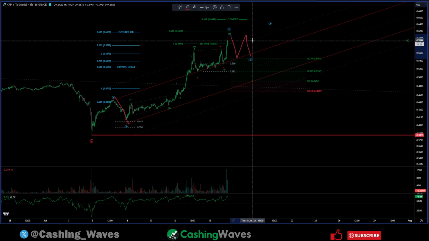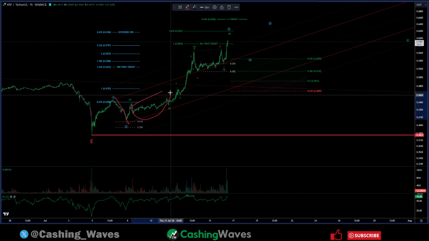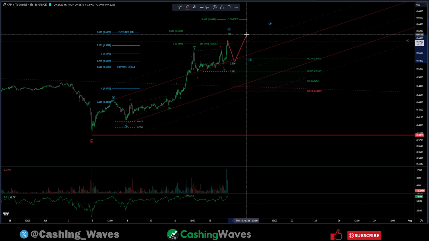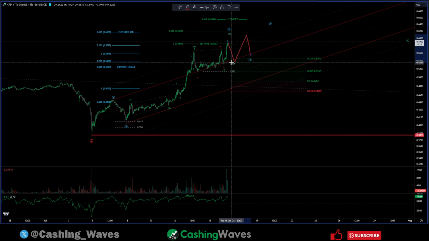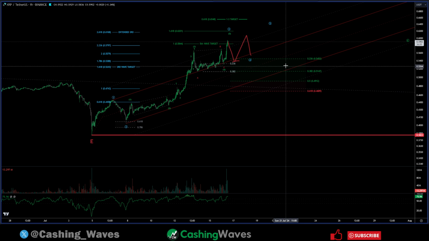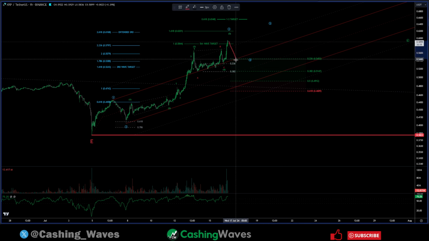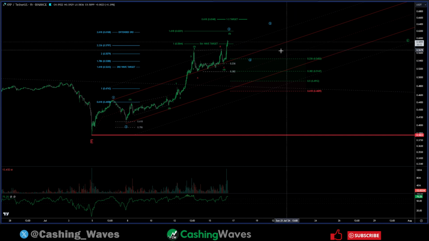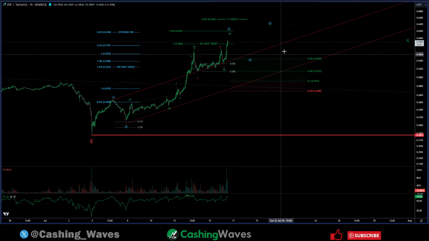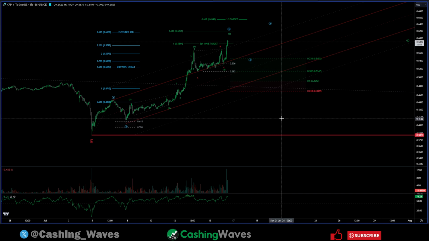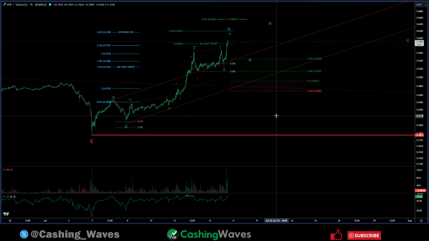We can get a running flat, just like this wave 2 here, which would make an A wave, higher B wave, C wave will be higher than our A, like so. And then we get our fifth wave in blue. Or we can get a triangle, like so, and get our fifth wave. Not sure which one we get, but we do expect a sideways consolidation and kind of a light retracement because we got a deep retracement here for our wave 2.